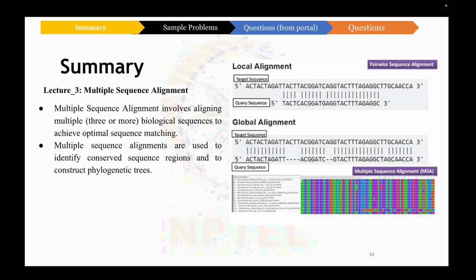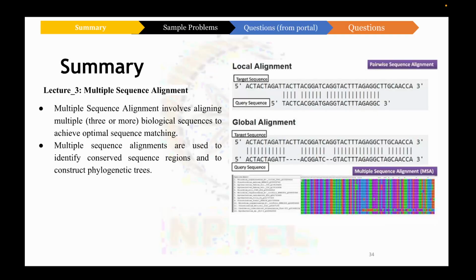In the previous classes we started with the types of sequence alignment. We have pairwise sequence alignment and multiple sequence alignment. Pairwise sequence alignment is the type of sequence alignment that involves aligning two sequences to identify the optimal pairing of the sequences. It is based on a scoring system that assigns positive scores to the matching characters and negative scores to the mismatching characters or gaps. The main objective of pairwise sequence alignment is to obtain the highest possible score, which indicates the degree of similarity between two sequences. Under pairwise sequence alignment we have discussed dot matrix, global alignment and